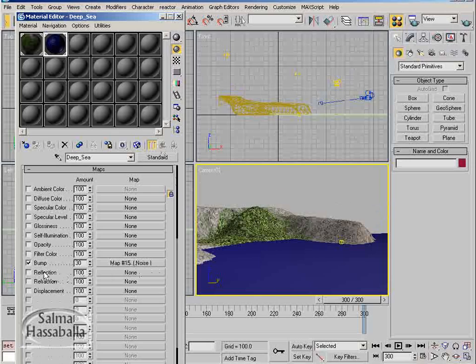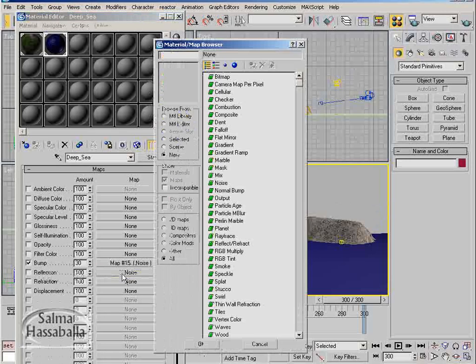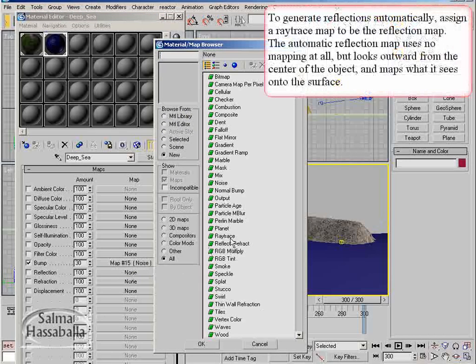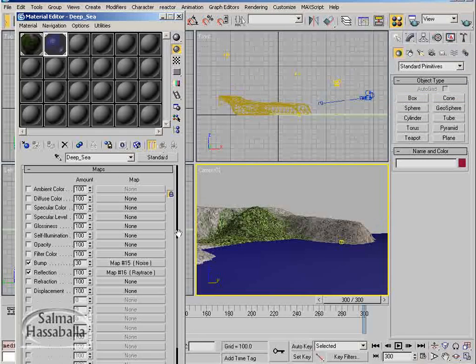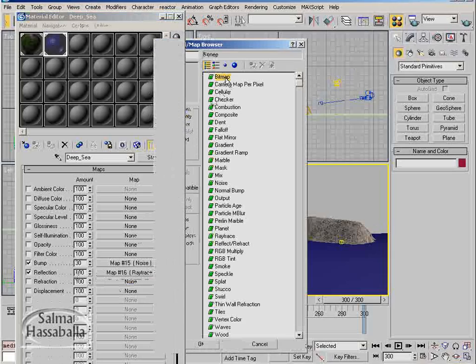So in the reflection channel, click the None button and click the Ray Trace because actually you want it to reflect everything that's surrounding. Then click Go to Parent button, and in the refraction here click the None button and double click the bitmap and